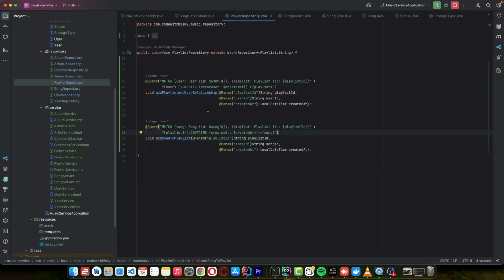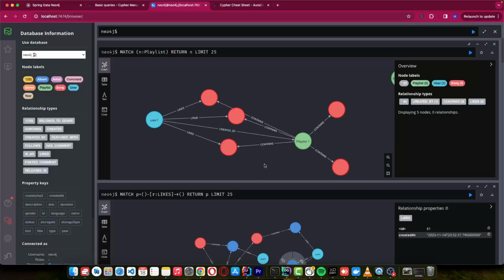In our playlist repository, we have added this playlist user relationship, whereby we have passed a playlist ID, a user ID, and the time when this relationship has been created. So we are fetching the user and we are fetching the playlist, and then the user created a playlist at this time. And we also add a song to a playlist, whereby we fetch a song and we search a playlist, and the playlist contains a song. So this relationship, you can see